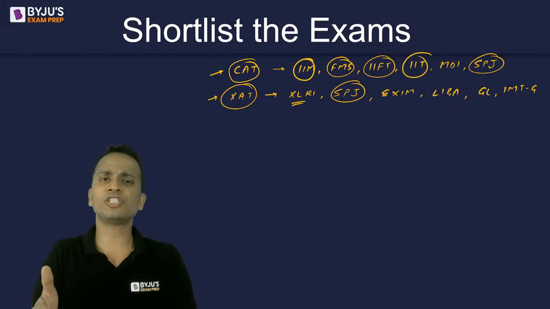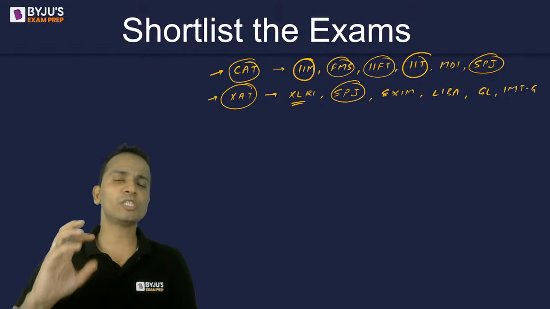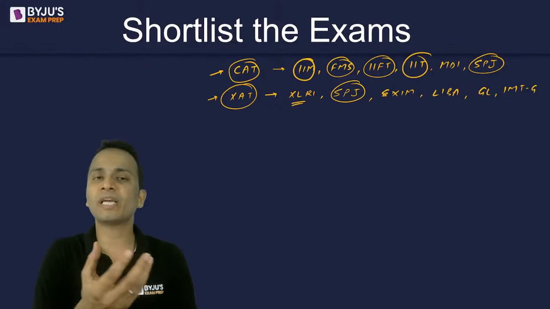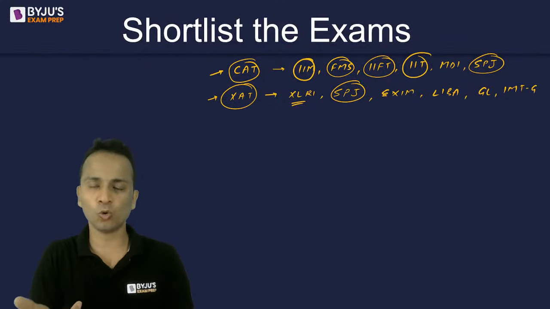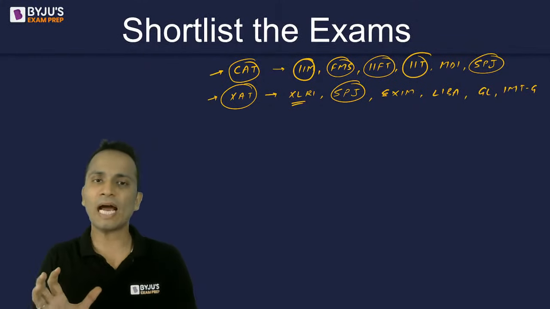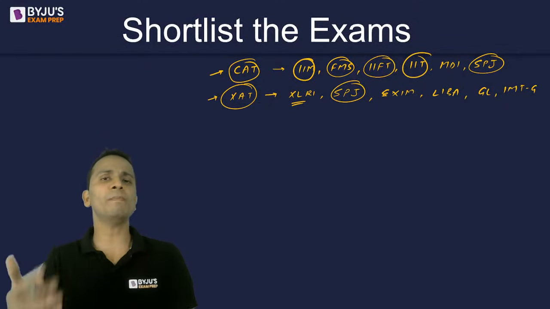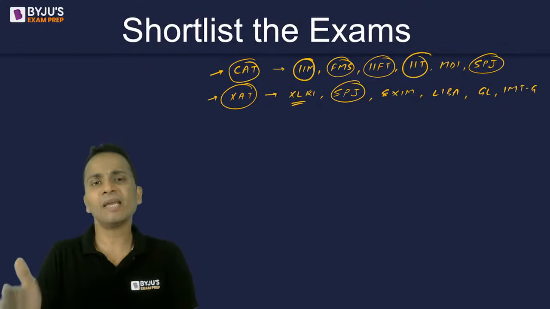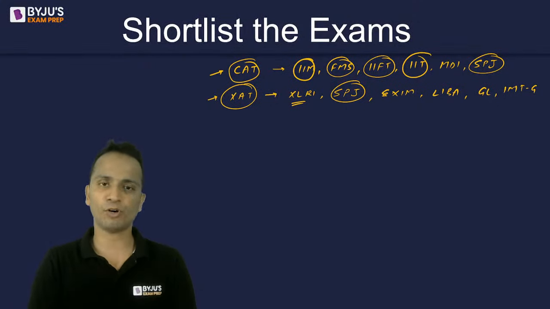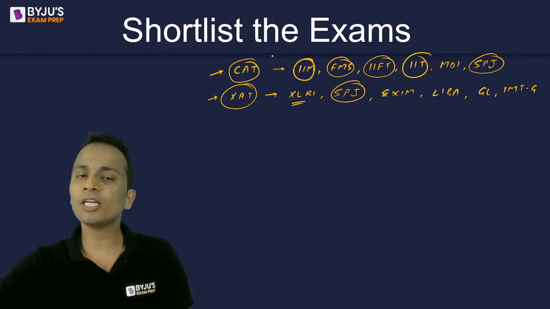So the registration generally starts in the month of October, and the colleges which are affiliated to CAT, I mean to say the colleges which will be considering CAT score, their deadlines will be 1 or 2 days before the CAT examination. So you can wait up till the month of November or the mid of November, and at that time you can take a decision as to which college you want to apply for. All right, fine. Now moving ahead, I was shortlisting the examinations.